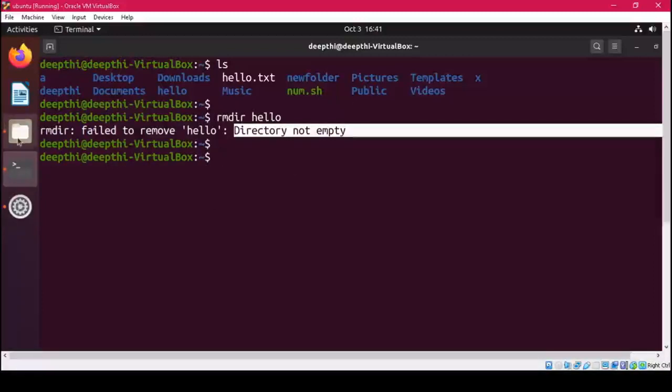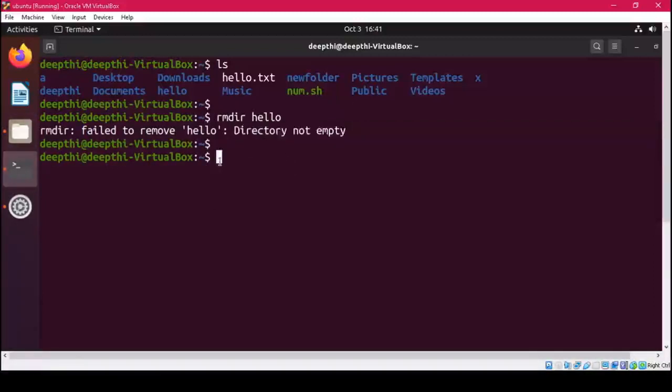Not empty? Then let's see why it is not empty. So now we are not going to see it from here. We will directly operate from the terminal. So now I'll write cd. I'm changing the directory, and where do I have to go now? I have to go to hello. So now I go into hello and I see I'm now in this hello directory. So I changed the directory. The cd command is used to change the directory.